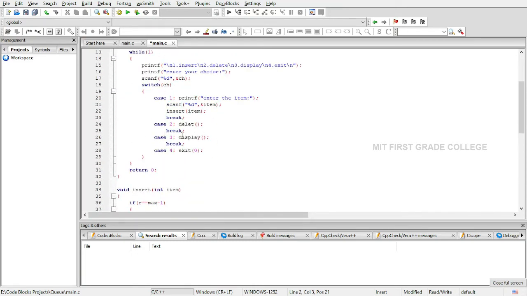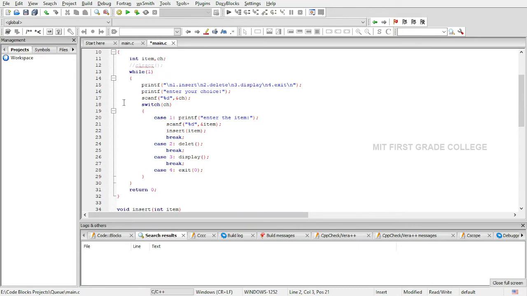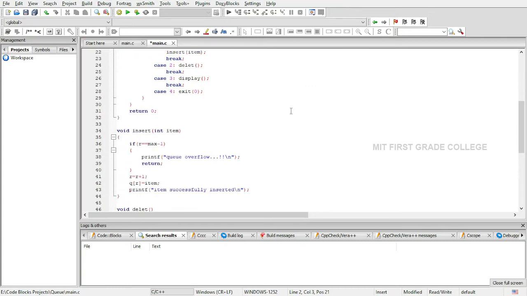With the help of the break statement, the flow of control will come out of the switch statement, and because it is an infinite while loop, again the menu will be displayed like 1 for insert, 2 for delete, 3 for display. Now let me choose 3 for display. So when I choose 3 for display, the display function will be